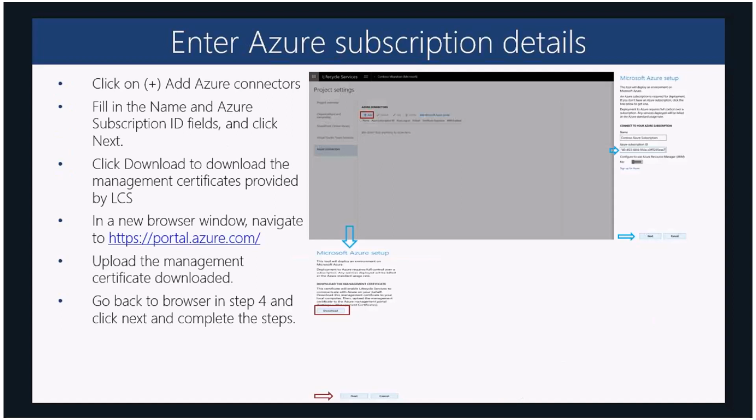So once you do that, you have here an option to provide a name for this connector, and then the subscription ID of your Azure. And then you click on next, and then you will see an option to download a certificate. Now, this is a certificate which is used for communicating between Azure and the tool, and you need to upload that inside of your Azure subscription that you're using. So once you download the certificate and save it to your disk,